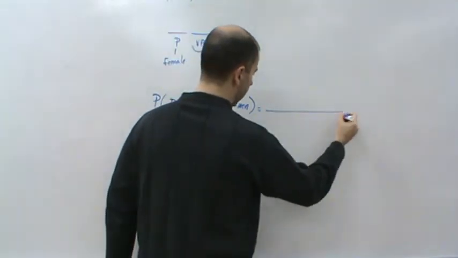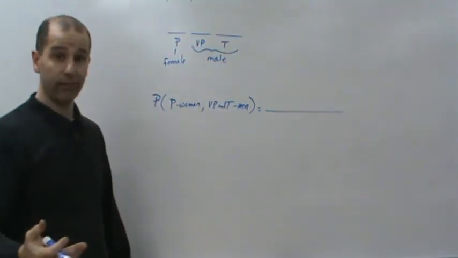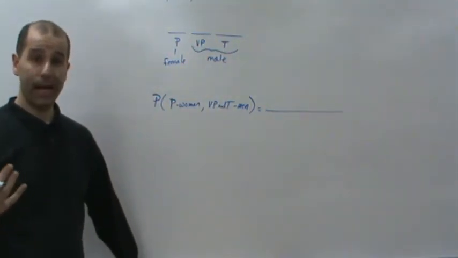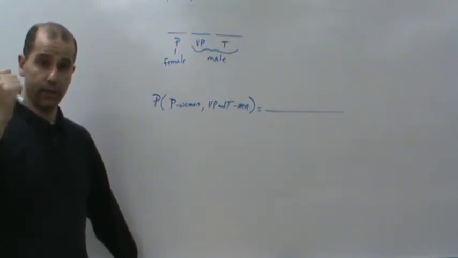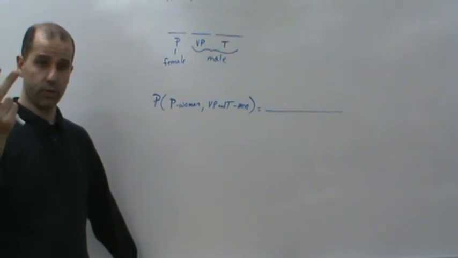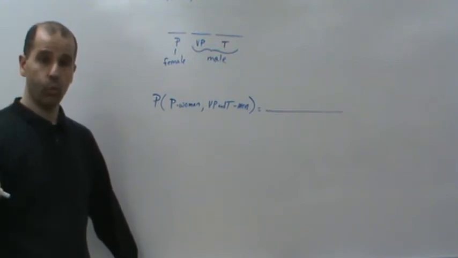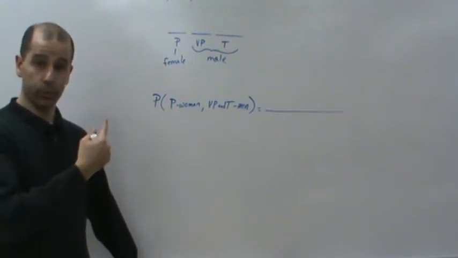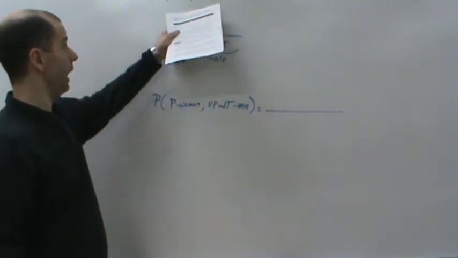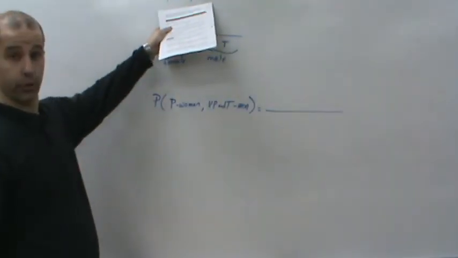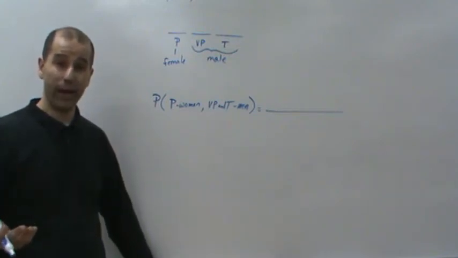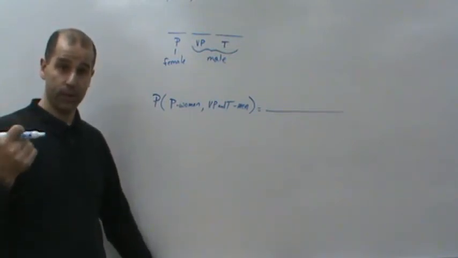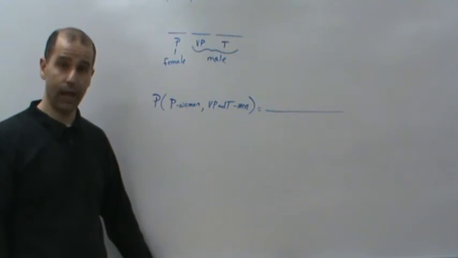Well, what do we need to find out? Well, one, we need to figure out what are all the different possible ways of choosing a president, a vice president, and a treasurer from what? The whole group. Out of how many people do we have here? 32. So we need to first figure out how many different ways can we get a president, vice president, and treasurer out of the whole club